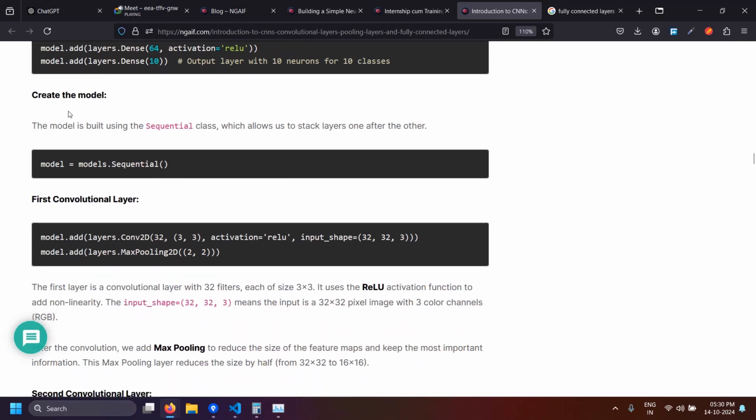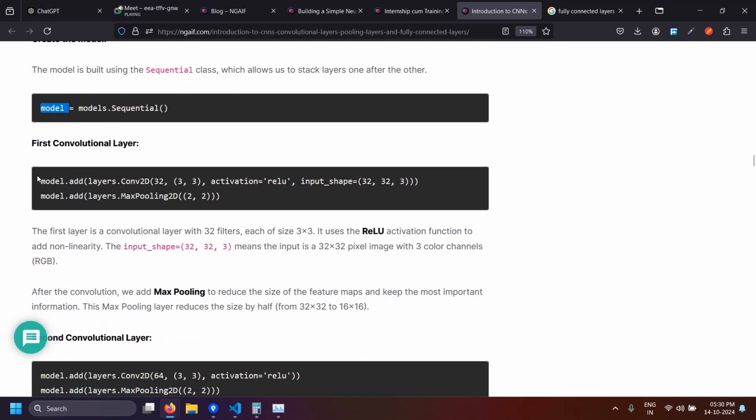Okay, so create the model. The model is built using the Sequential class, which allows us to stack layers one after the other. So simple. This is how you create a model object. Then comes the first layer, convolutional layer,